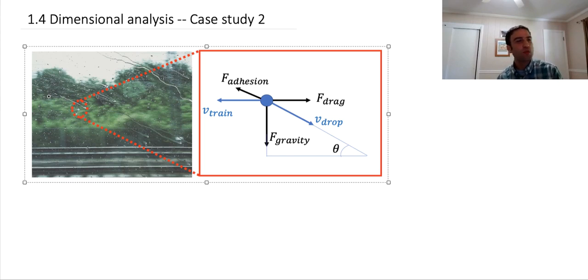And I want to ask, can we use these same kinds of ideas of dimensional analysis to estimate, well, if I observe the angle that these drops are moving across my window at, can I figure out or estimate how fast this vehicle has to be going, right? What is the relationship between the speed of the train in this case and the angle that these droplets make, right? And a priori, just from first principles, the answer to this has to depend on all kinds of complicated